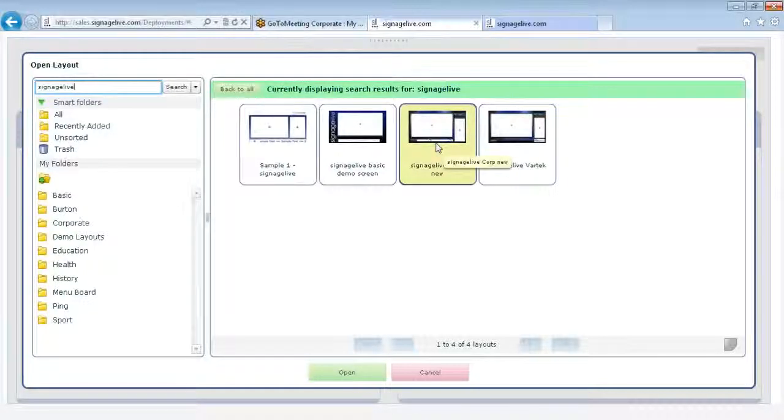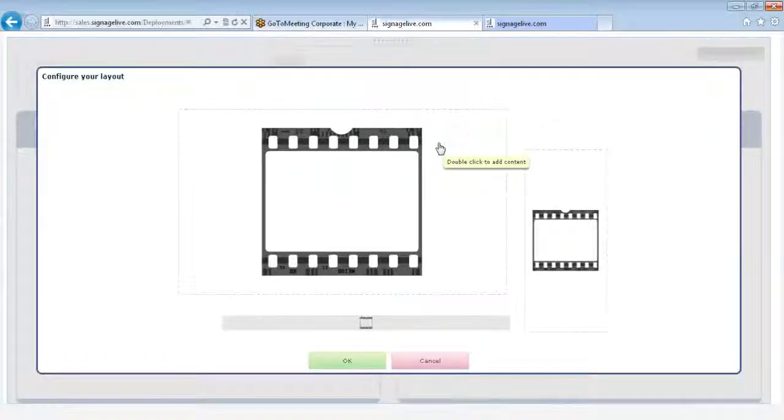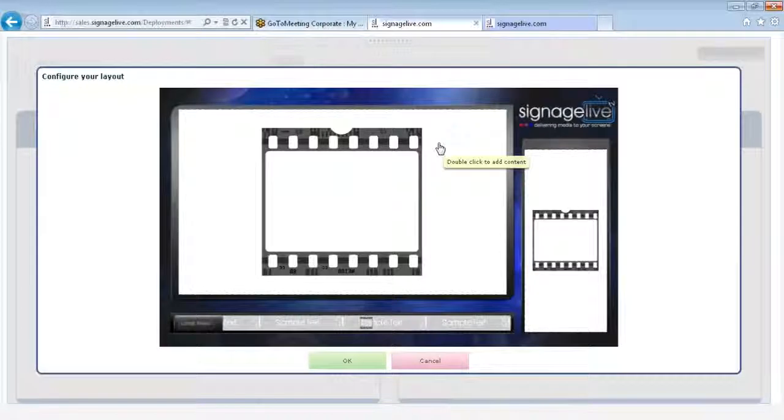And we use the corporate layout, this 3rd thumbnail in. If I double click into that, what we now have on the screen is our layouts, and we just need to put our playlists into these film strip areas. So if I double click into this first area,